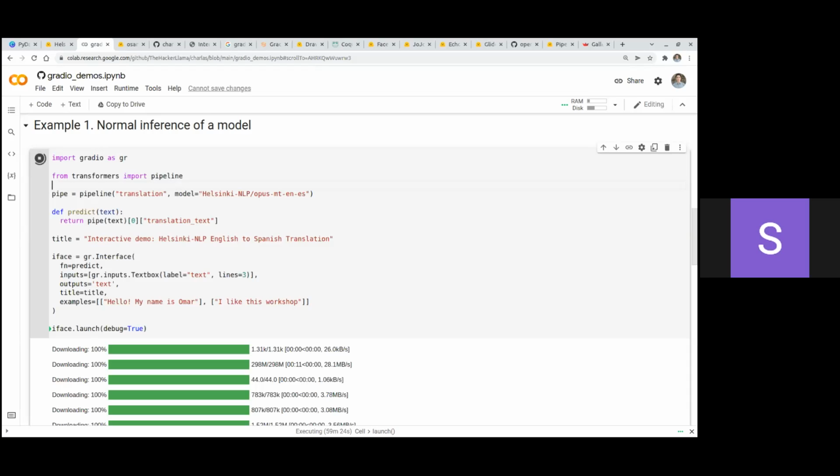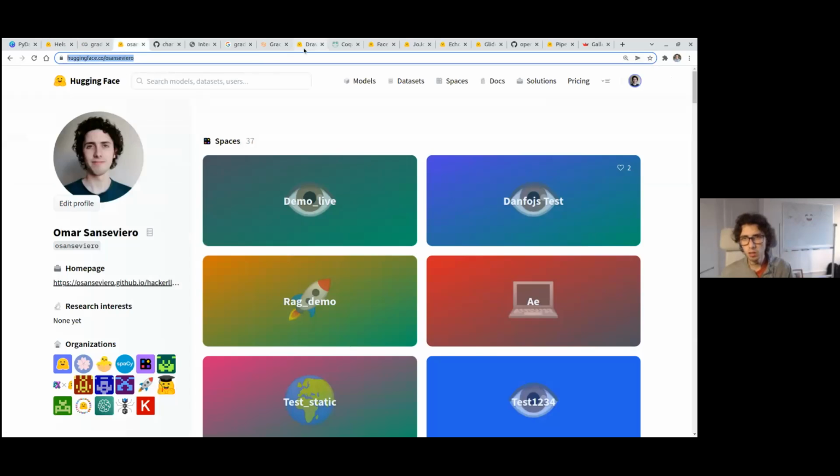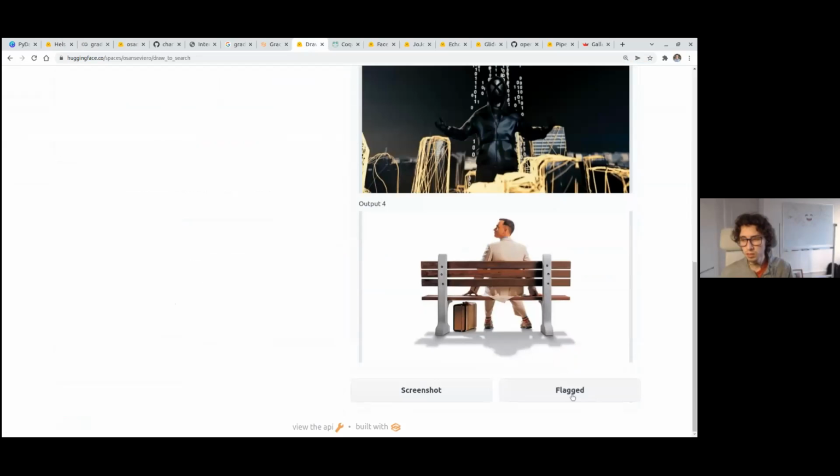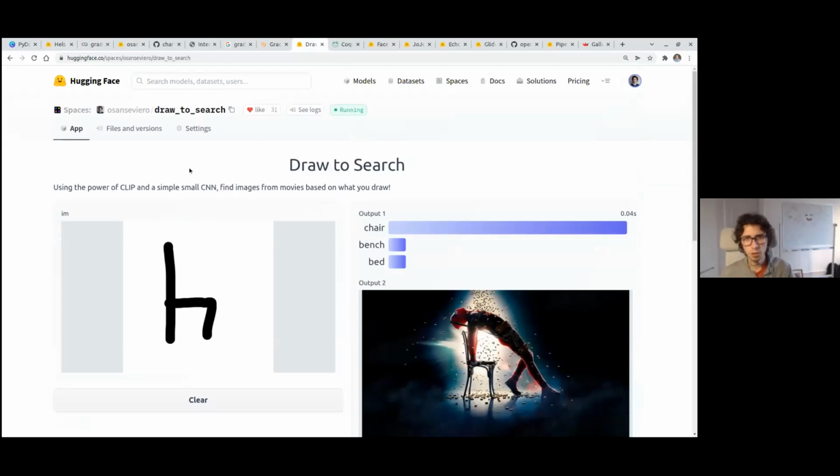Okay, we have another question. Is it possible to save input and output, then retrain the model with it later? Yeah, that's actually a super good question, and we're actually working a bit on this. It's not enabled right now, but what Gradio allows you to do is click flag here. Right now nothing visible happens to you, but you can click flag here, and then you can use this to train a model again. It's something that we have been playing quite a bit around.